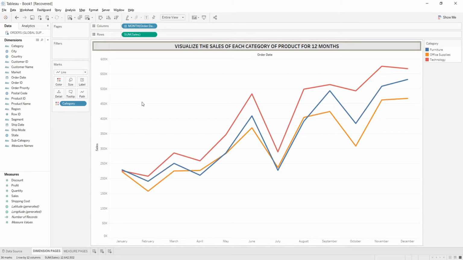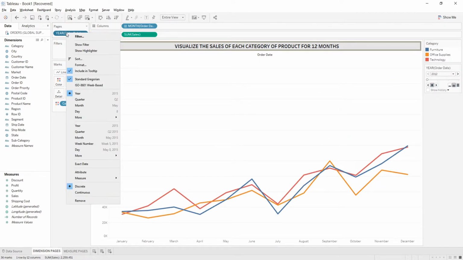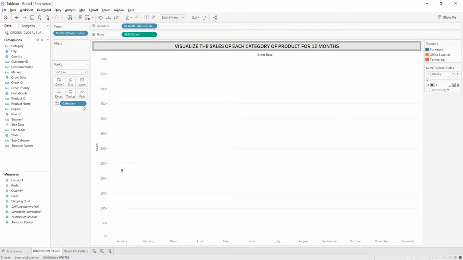Now as we are seeing, the sales are for 12 months, but it is not giving me much clarity for every month. So I need to execute this visualization in such a way that it would show me the sales for every month one by one, for which I am keeping order date on pages and converting it to months. Now you can see on the right side of the Tableau visualization panel, there comes the pages card. By keeping date over pages, the view changed from lines to dots for 1 month.